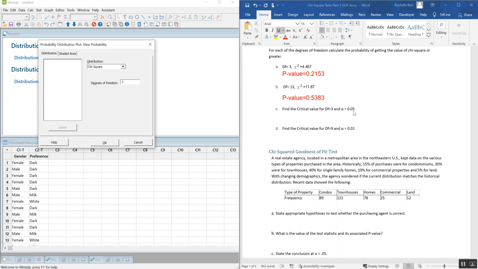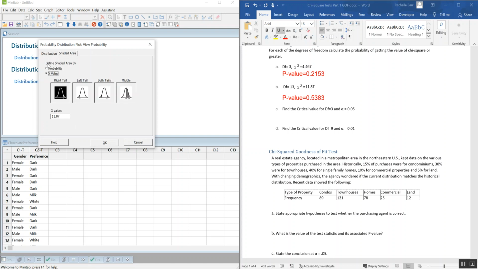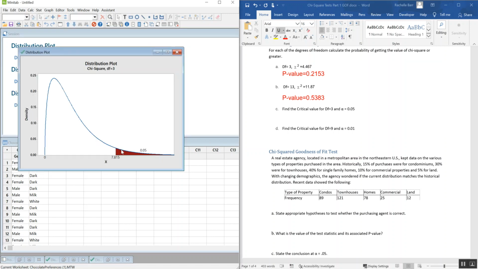What's different about this is I know my probability and I'm finding a value this time. I'm not finding a probability like a p-value. So I'm going to click over to shaded area, change my radio button to probability, since I know the probability is 0.05 for my alpha value, my cutoff for when something is significant evidence against the null hypothesis. And 5% is our usual value for this. We do want right tail because chi-square is always a right tail. Let's hit OK. All right, so it appears our critical value